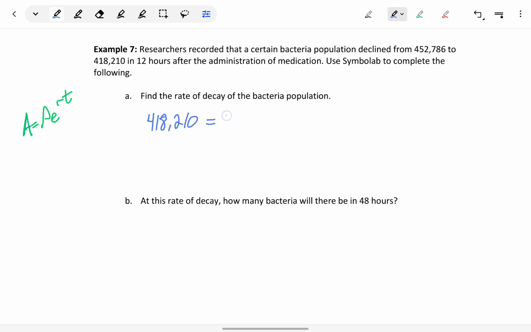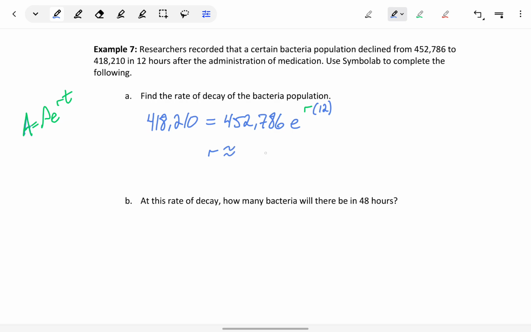We know the initial population was 452,786 times e to the r, which is our unknown value in this case, times t, which will be 12 hours. We'll plug that information into Symbolab like we've done with the other examples and solve, which will give us a